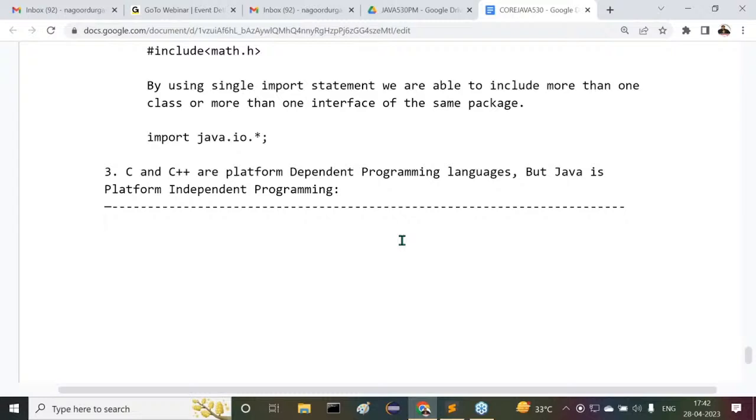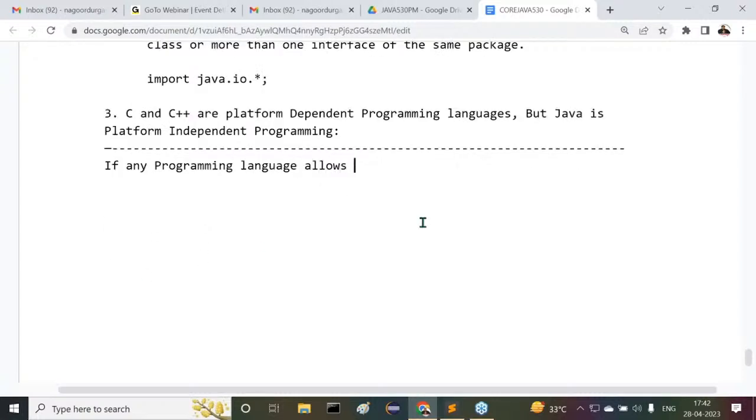Right, so now let's understand the point here. Observe carefully. C and C++ are platform dependent programming languages. That's okay. Before that, now observe carefully. Listen carefully. If any programming language allows its applications to perform, understand it clearly. If any programming language allows its applications to perform,